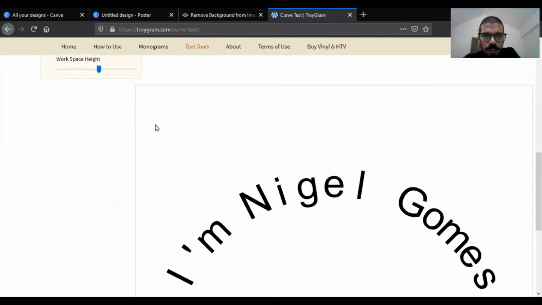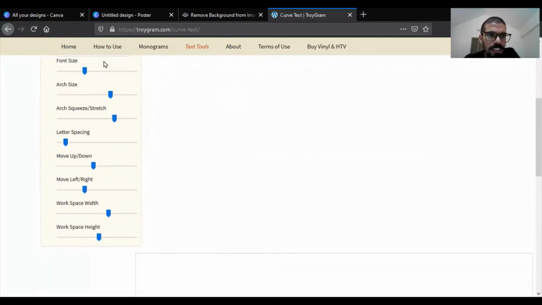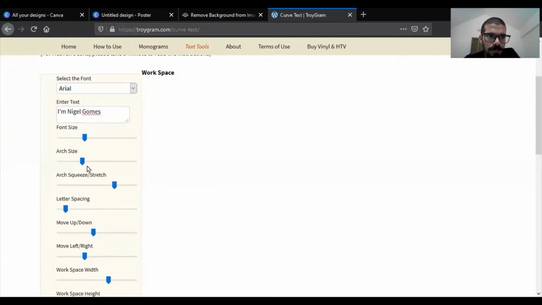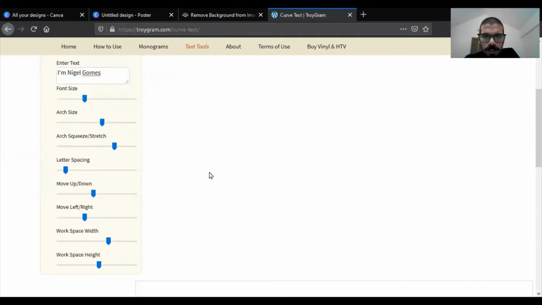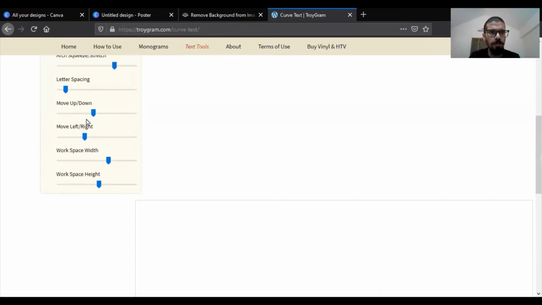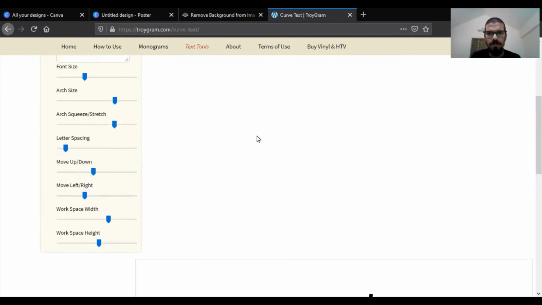And when you go down, you will see that this text has been curved, right? Whatever text you've put in. You can change the variations over here, for example, the arc size. And when I do that, you will see it's made a bit too small. So I've changed how big it is from the arc, so the amount of the arc. Similarly, you will be able to play with a lot of these variations over here. You can see.